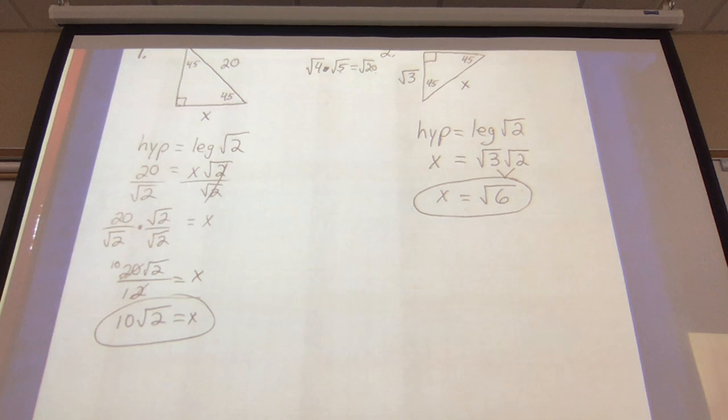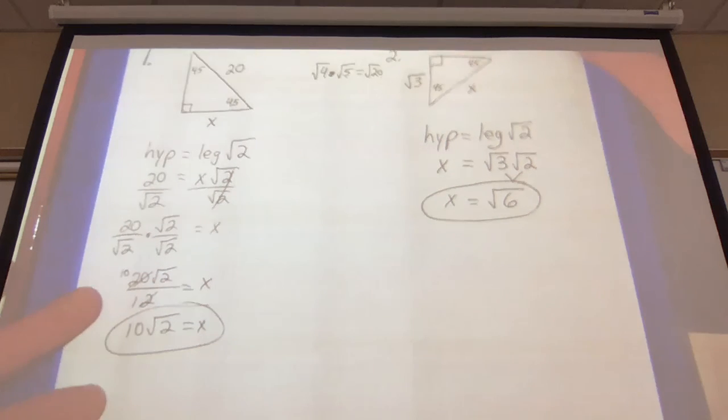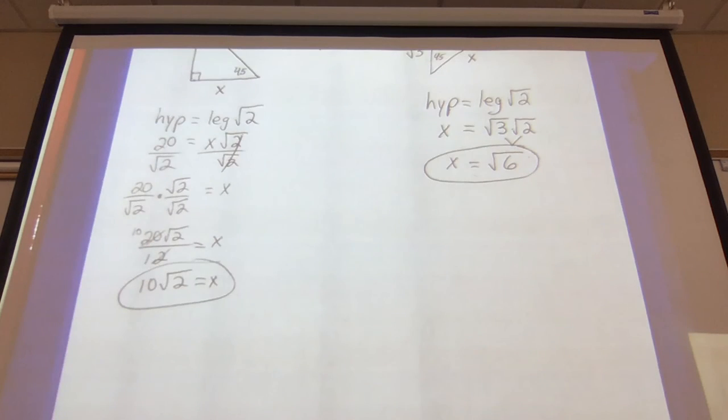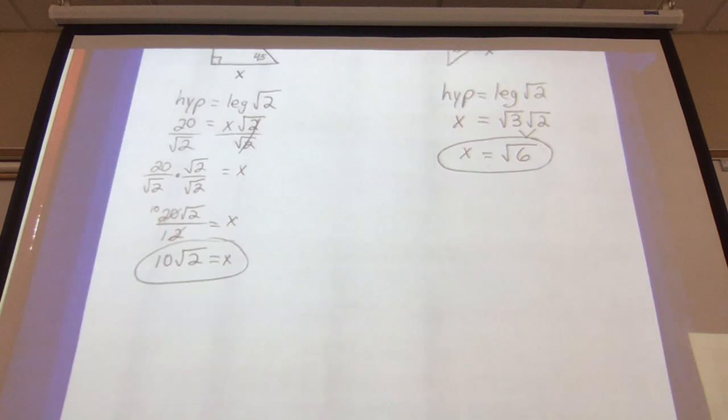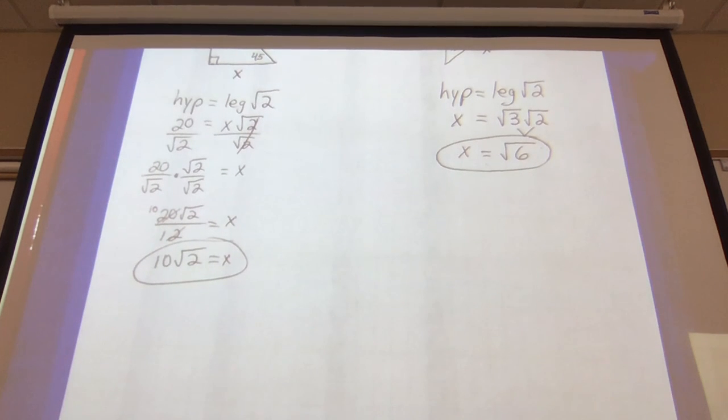How many of you got both of these right? All right. How are we feeling now? Does anybody need to see more examples? Okay. Then if you go to the front of your packet,